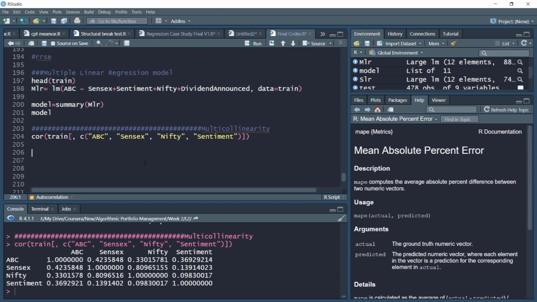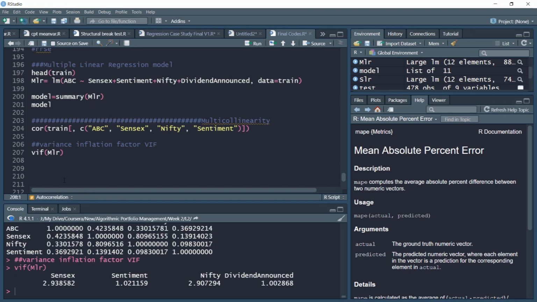Let's also recall that we created our model object MLR in which we trained the algorithm. So we'll use VIF, the variance inflation factor, which measures the extent of multicollinearity in a model. We'll use VIF on MLR.